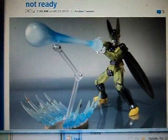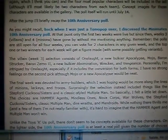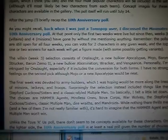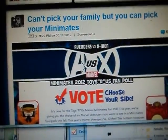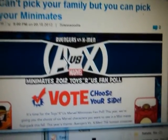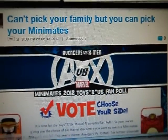So yeah, I think that's probably all the updates that are worth sharing. There is an X Factor box set as well for the Marvel Universe line, just in case you're interested. It's weird too because they opted to